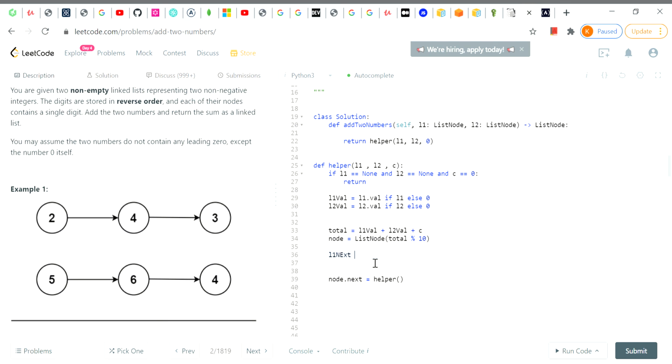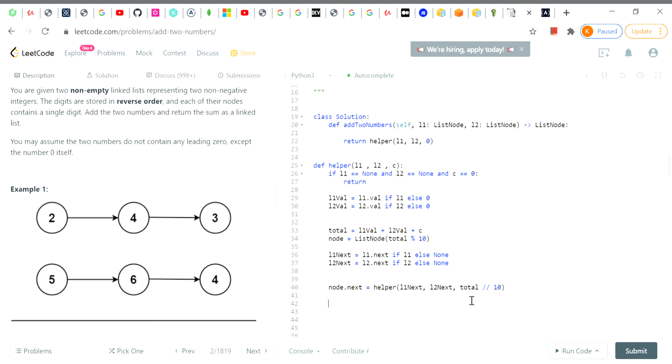So L1.next is gonna be equal to L1.next if L1 else None, L2.next equal to L2.next if L2 else None, and from here we're gonna say L1.next, L2.next, and then the value that we want to add here as C is going to be equal to total divided by 10,